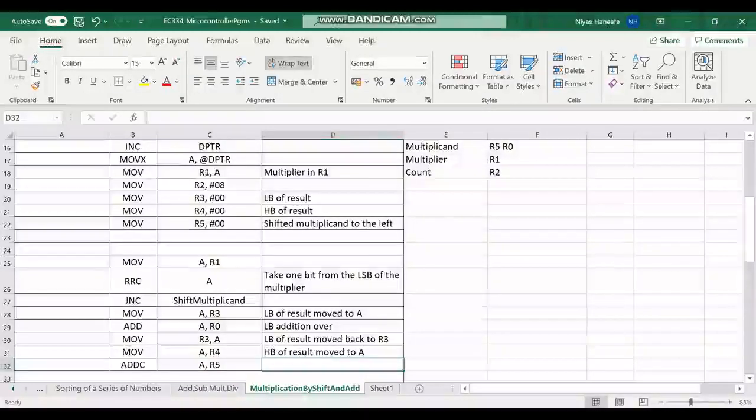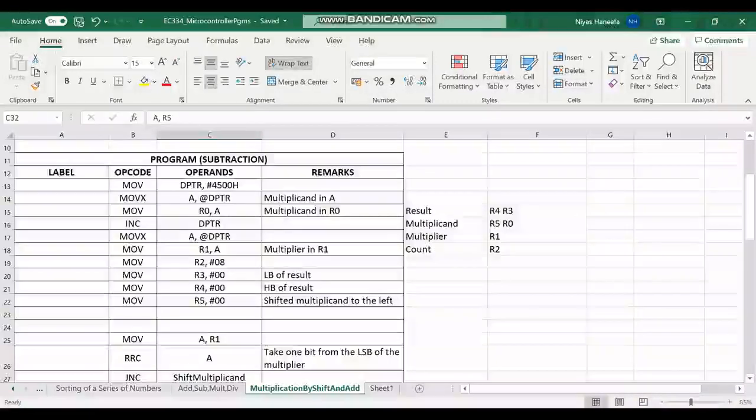Why? Because we have already seen in the case of addition of a series of 8-bit numbers that when you are adding the lowest bytes, you need not add with carry, because that doesn't have any significance. The carry will come only after performing one addition. So in the first addition there won't be any carry to take. I have already explained this a number of times. The lower byte addition, you need not take the carry into account. But if there is a carry coming out of that lower byte, you have to add it to the higher byte. That is what we are doing here.